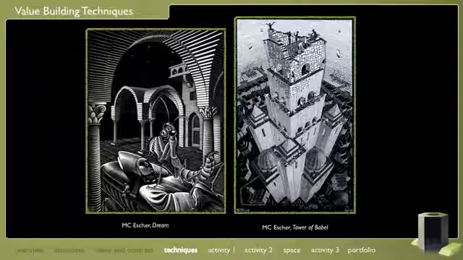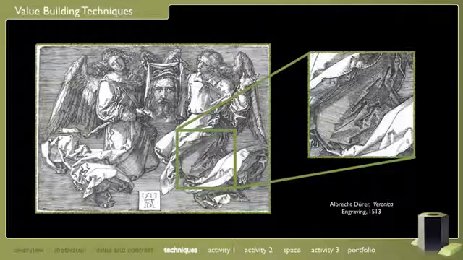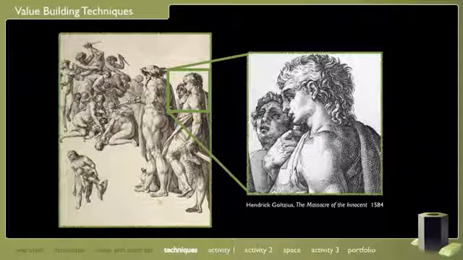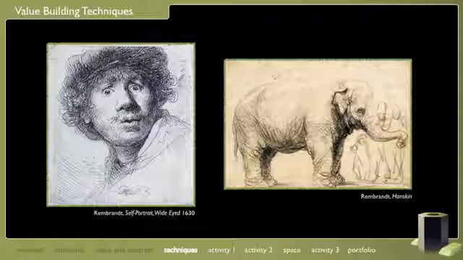Let's look at some examples. Hatching uses a series of parallel lines to create value. Hatching lines can be either straight or curved to increase the illusion of form. Cross-hatching is similar to hatching, but uses perpendicular lines in addition to the parallel lines, creating a grid or screen-like effect. These lines can be curved to follow the surface of an object. These are known as cross-contour lines.